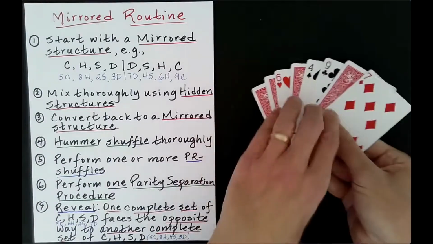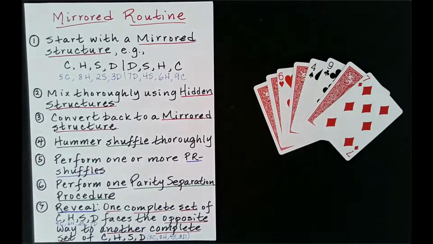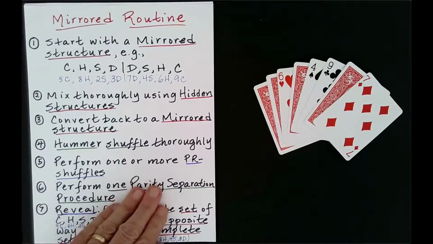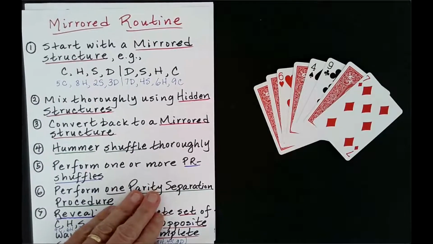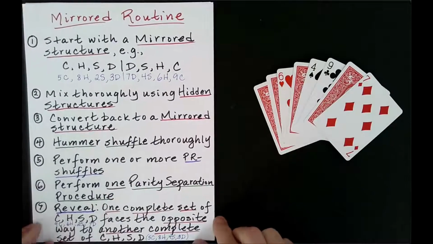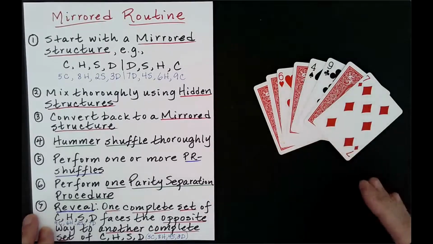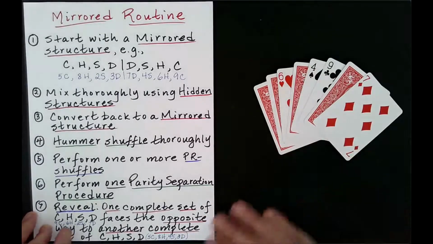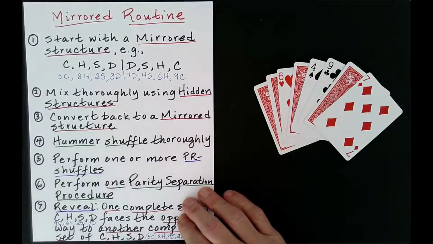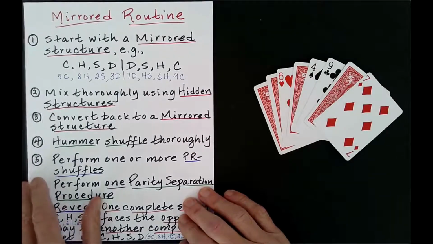Okay, so that's just kind of a simple application of the fact that if you have a mirrored structure and then you Hummer Shuffle it, you know quite a bit about the ending configuration of the cards relative to what's face up or what's face down. Okay,